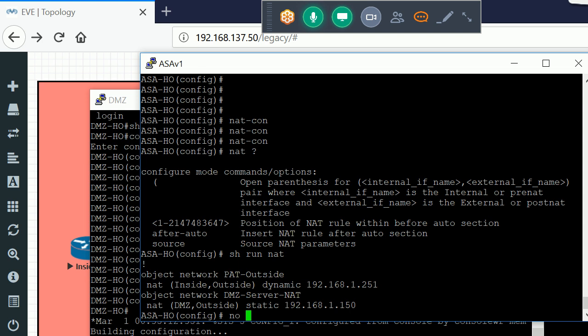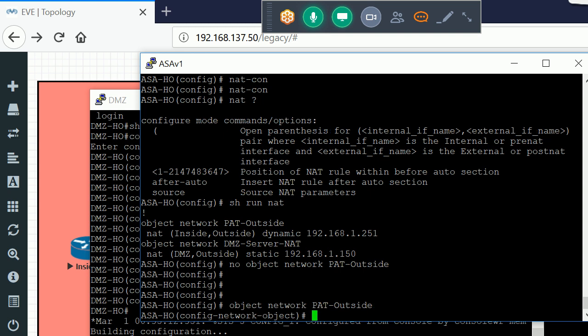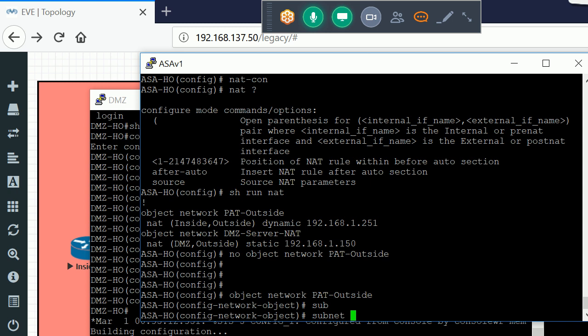Maybe there's a problem with the order, but you don't face this issue in production. I'm running the VM image, that's why. In a VM, sometimes we get this type of issue. Subnet 0.0.0.0.